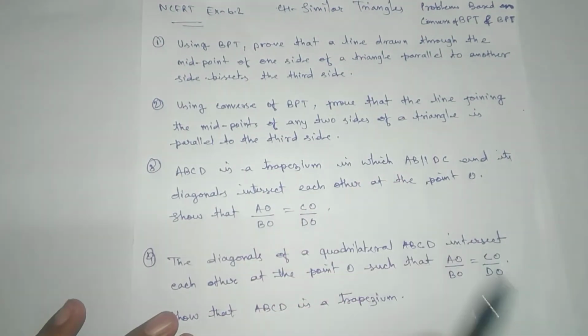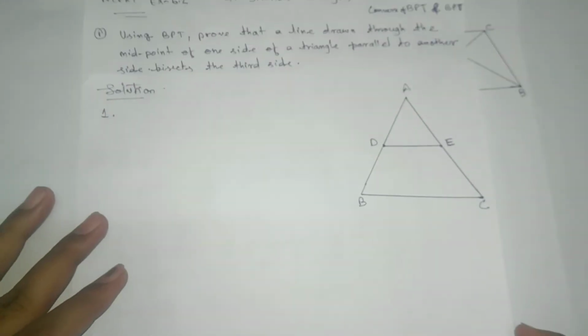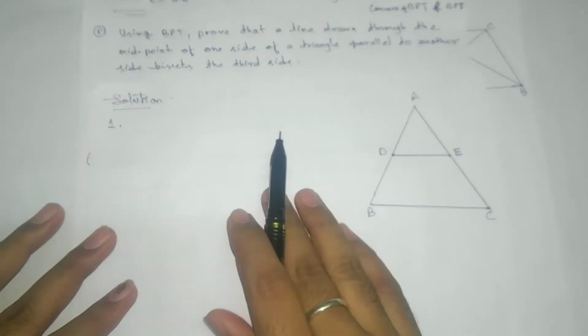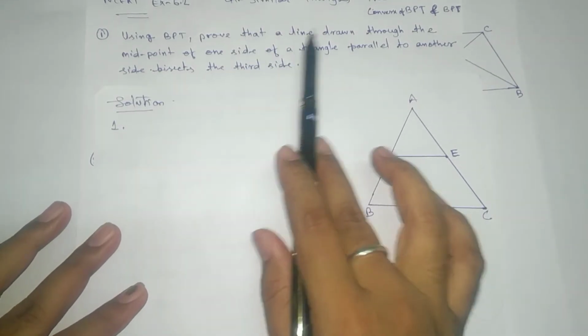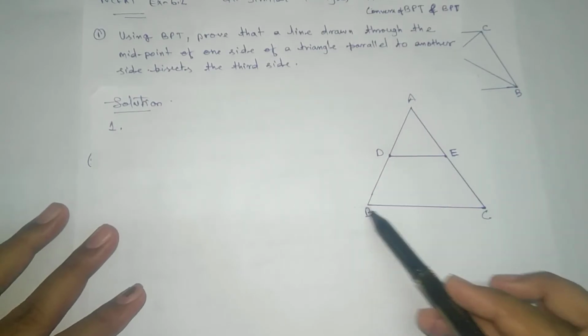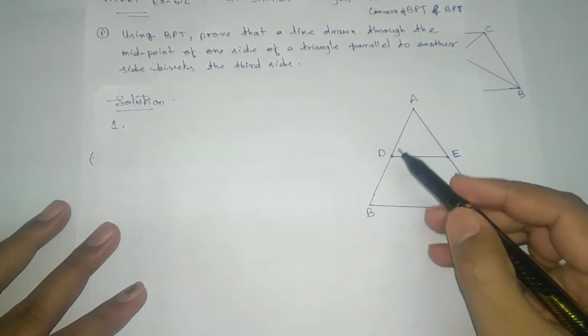And the third and the fourth, we'll see one by one. So let's start with the first one. In exam you need to draw the diagram. Diagram will not be given to you. Let's see what they have given and what we have to do. Here they are asking to prove that a line drawn through the midpoint of one side of a triangle. First you draw the triangle. After drawing, you take any one side